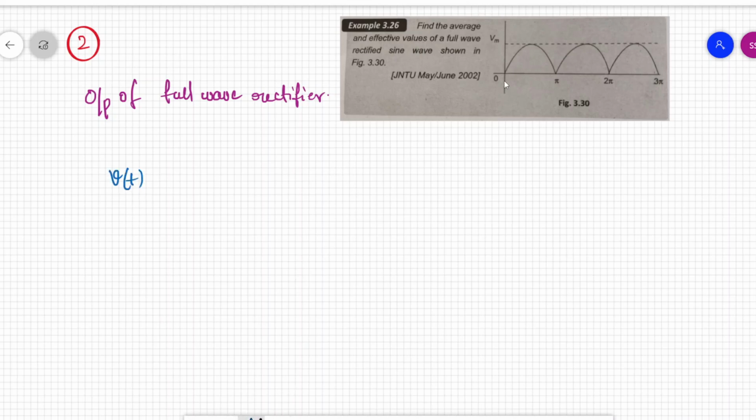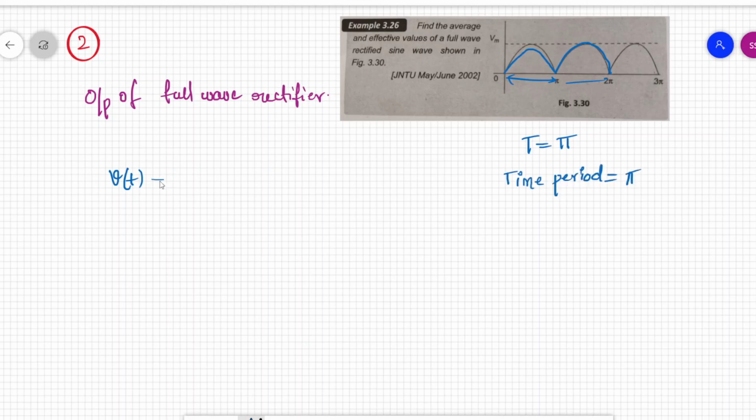So here if you observe, the function is repeating after every pi radians. That is, from this to this, the function is a half wave in the positive peak, and from pi to 2 pi also it is half wave in the positive. That means for every pi radians, the waveform is repeating. That means the time period will be T now. So T will be pi now, because it is repeating after every pi radians. The time period of the function will be pi only. So time period is pi.